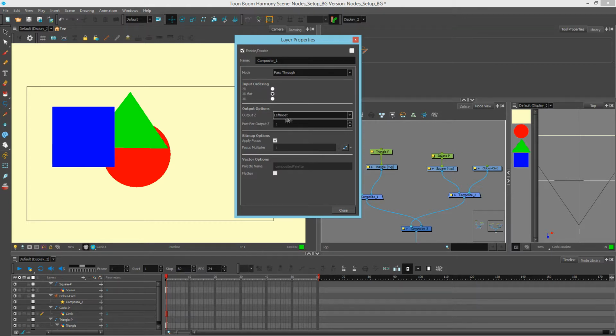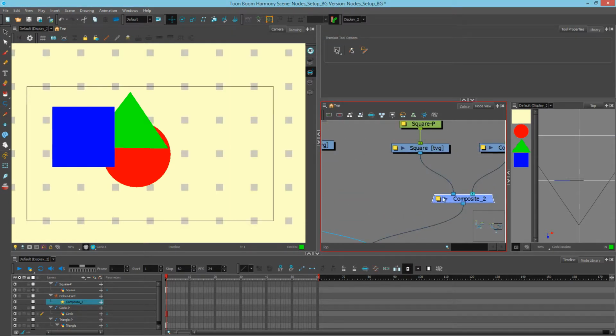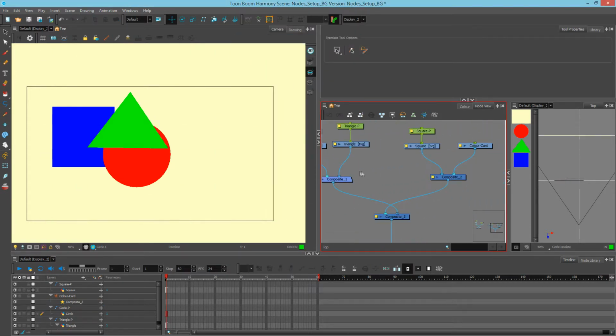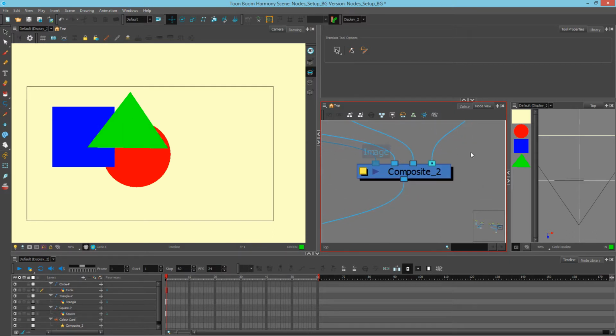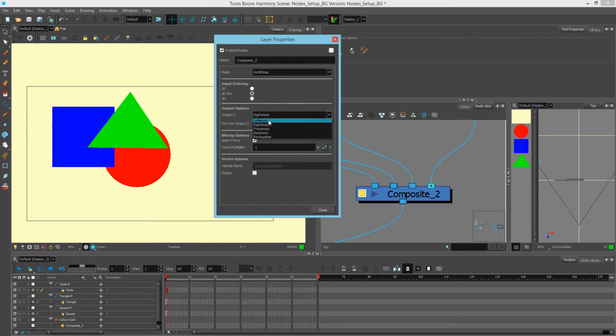The output Z here determines what gets recorded as the bitmap Z space. So if I switch this back to bitmap, and I'll plug these in as well, you can see that the highlighted nub is the one determining where the Z space for this entire composite will show. Since it says rightmost, it's grabbing the rightmost. If I switch this to leftmost, the leftmost gets highlighted. I can also choose frontmost or backmost, which will choose whatever Z space is frontmost or backmost in the composite,